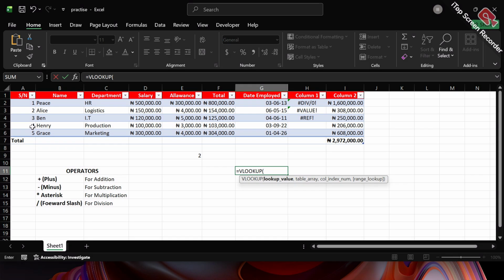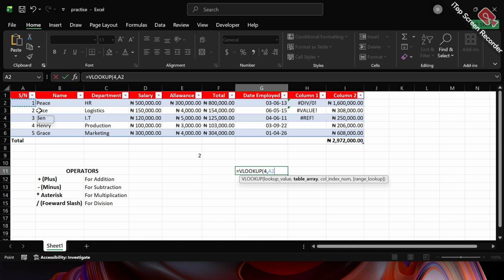In another cell, the cell where I want my answer to be displayed, I'm going to type this particular formula. My lookup value is going to be 4, comma,